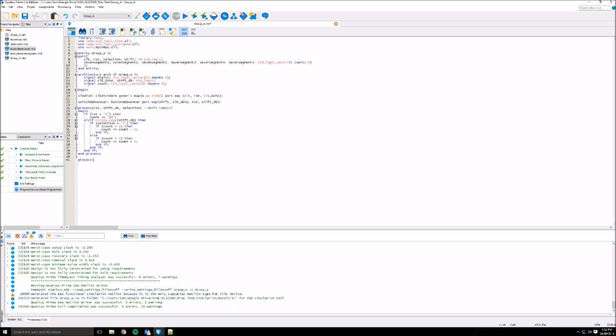So now we're going to start a new process. And this process is only going to be sensitive to count, because all this process is going to do is write the values based on count. So I'm just going to straight away open a case statement and go case count is, let's start with the lowest value. So when it's equal to 0, digits, which is the signal I defined as what I'm going to store the entire number, when it's 0, we know that the dashes are on the right hand side of the screen, which means we've only got half of our number,